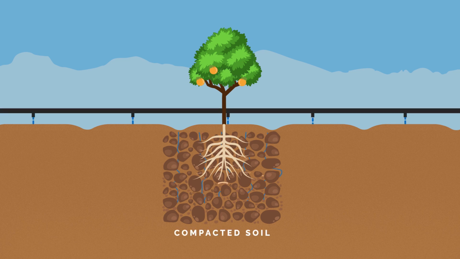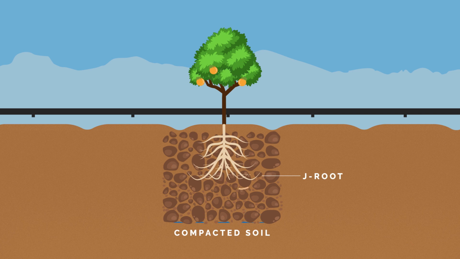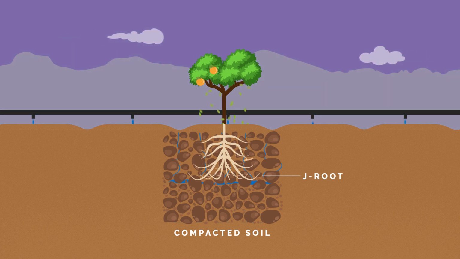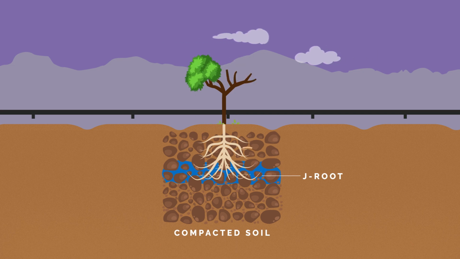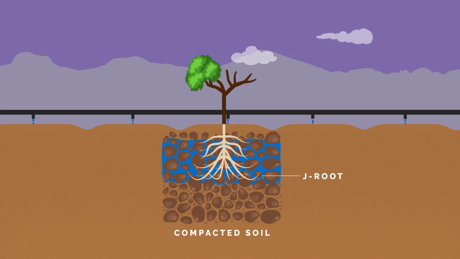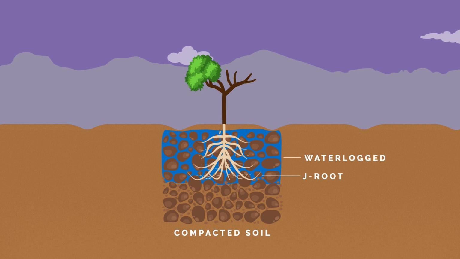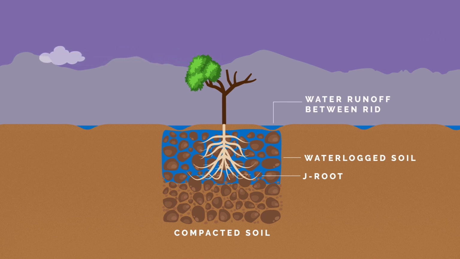Compacted soil impedes root development that causes J roots to form that cannot penetrate the compacted layer. With poor roots, the tree health also starts to diminish. Water does not infiltrate well in compacted soil, leading to waterlogged soil with poor gas exchange, as well as water runoff between the ridges. With poor water infiltration, salts start building up in the root zone, further impeding root and